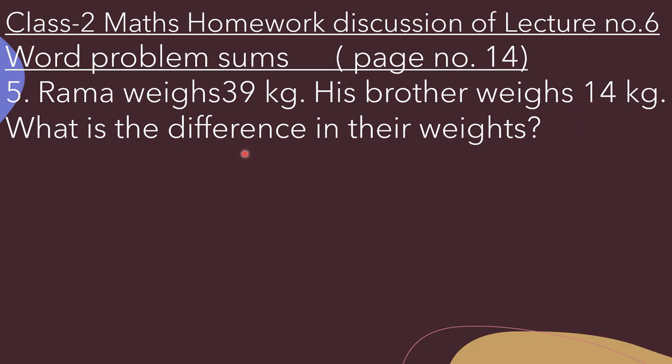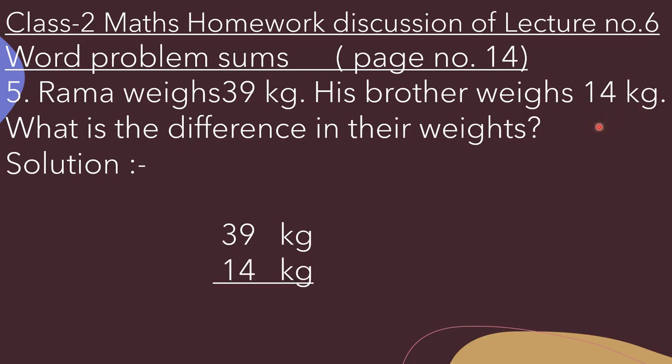Now we have to find out the difference, and to find out the difference we need to subtract both the numbers. Okay, so here first of all we will write 39 kilograms because this is the greater number, okay, and below 39 we will write 14 kilograms. Now we have to subtract both the numbers so we will put minus sign here. Keep 9 in your mind and 4 on your fingers, now we have to speak